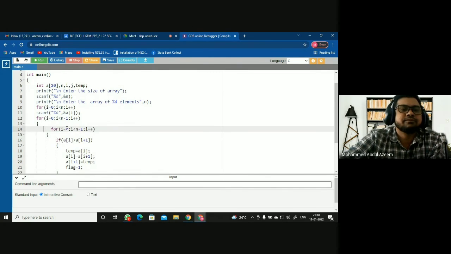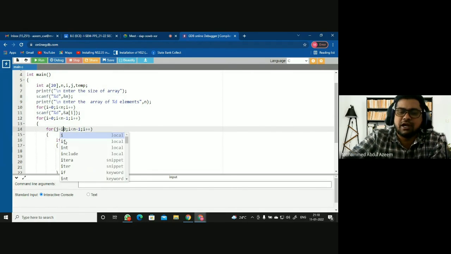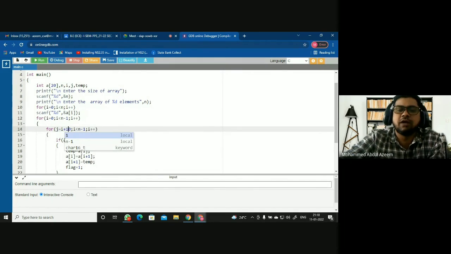And here inside the loop, that is the inner loop, I'm taking j as an iterator, and the j value is going to represent the subsequent elements or the rest of the elements. When I select i as the selected position element, then j should start with i plus 1, rather, right? So it should be i plus 1 here, and j less than n. I should go to the last element, right? And then I should say j plus plus here.